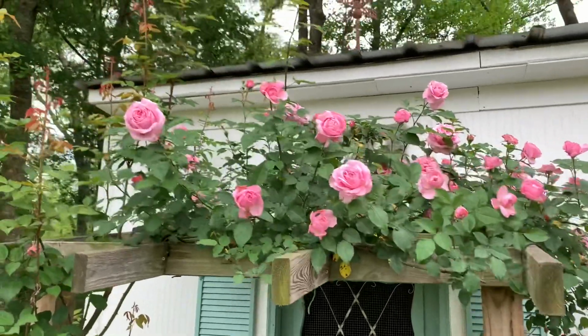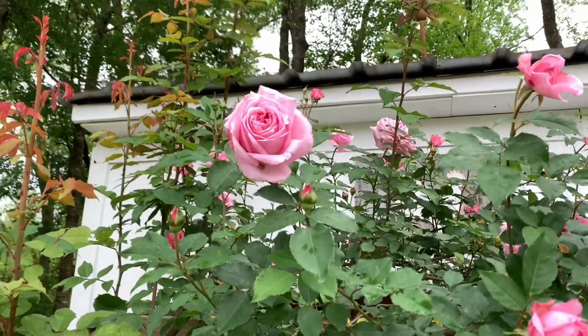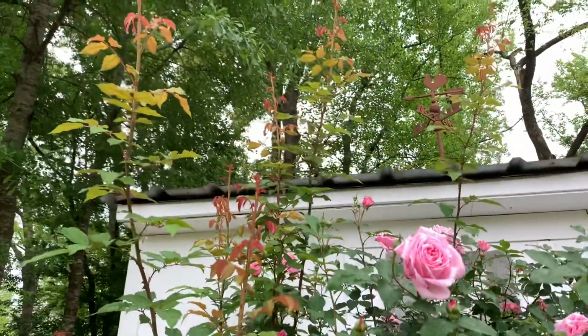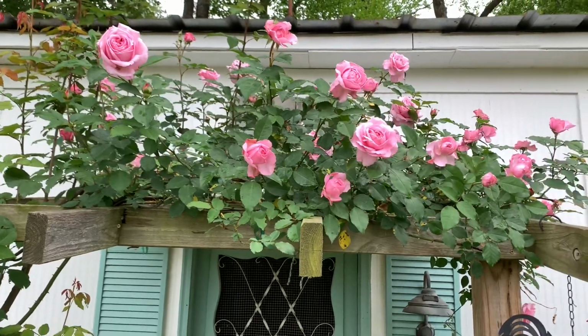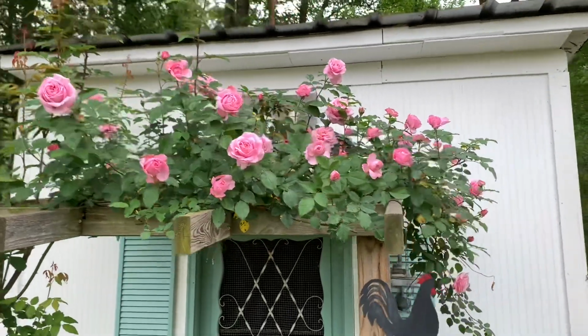I mean, look how big and double and full it is. And it makes a great cut rose, because see these long stems that it makes? So it makes a wonderful cut rose. Farmer's Dream is a spring bloomer, so it just makes a big, beautiful, impactful show in the spring, whereas Belinda's